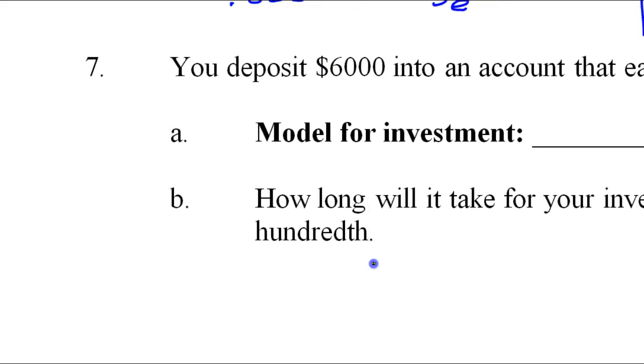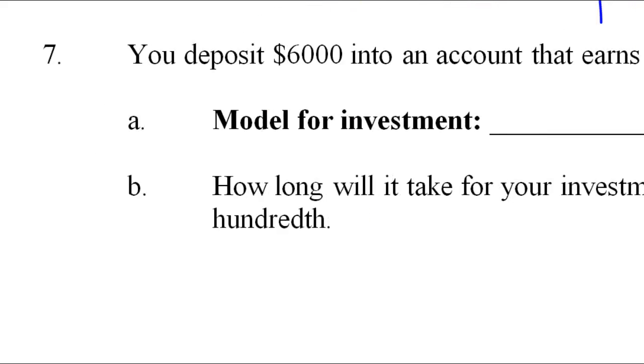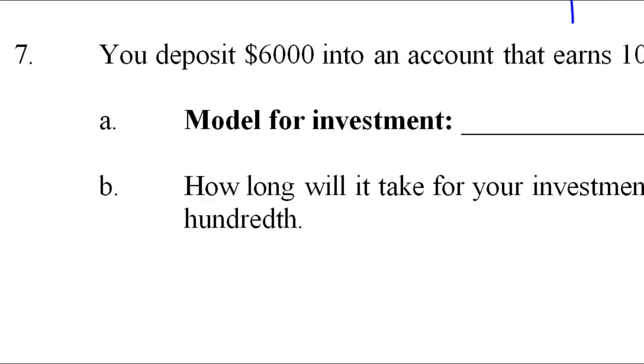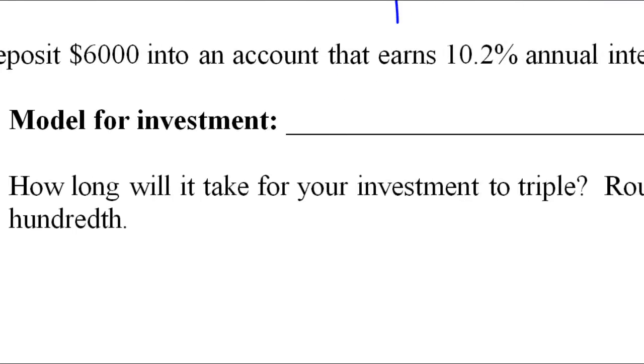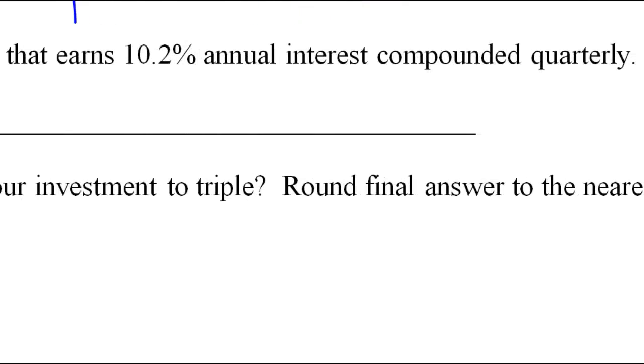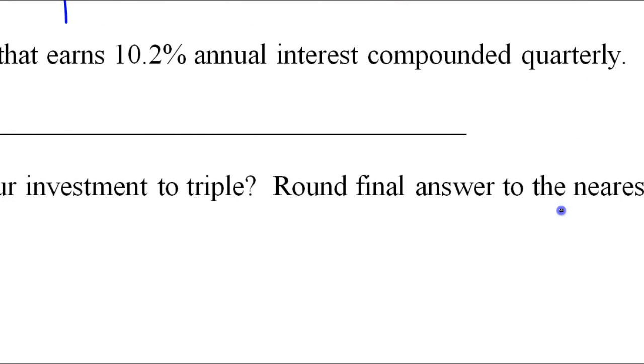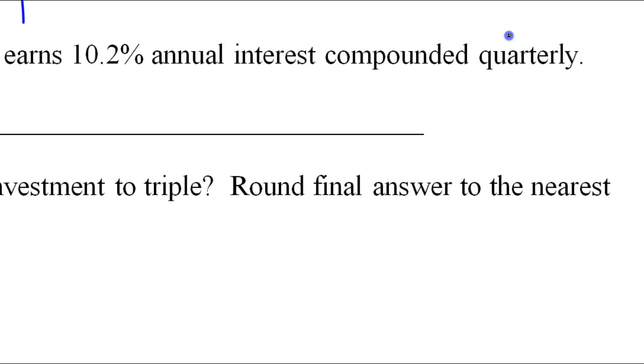Let's do one more example. Number 7. You deposit $6,000 into an account that earns 10.2% annual interest compounded quarterly. Now, quarterly means 4 times a year. So it's time to use the other formula,